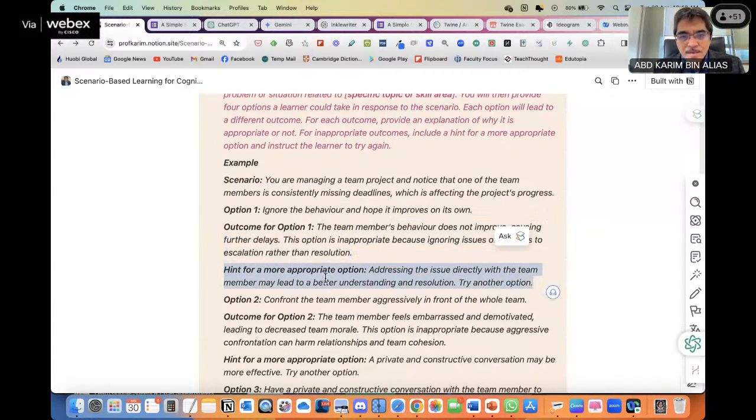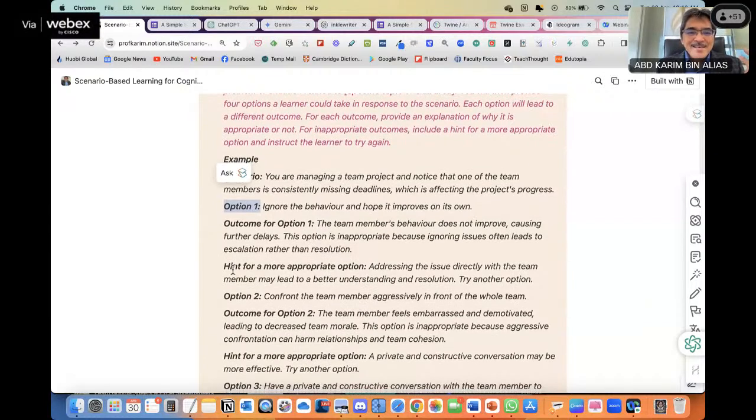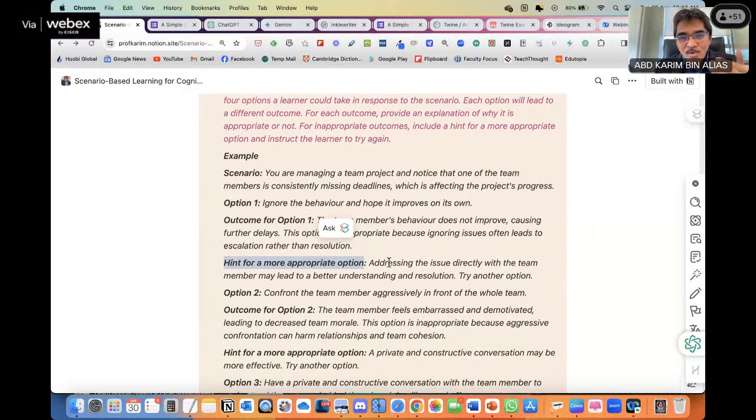When there's a hint, it means that this option is not the most appropriate choice. That's why there's a hint, so that the learner can use this hint and try another option. So the learner will go back and try other options.